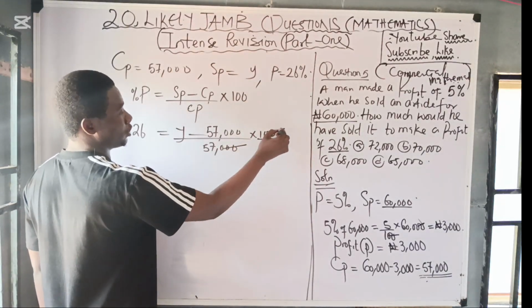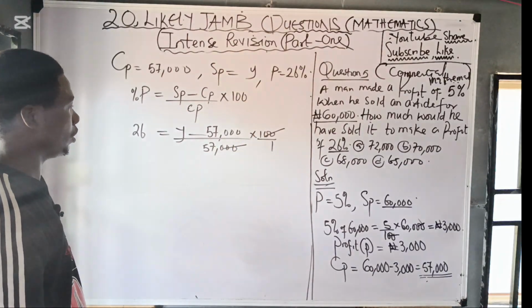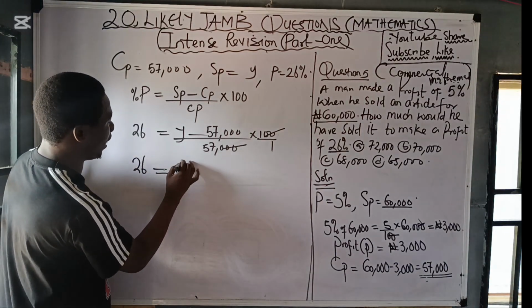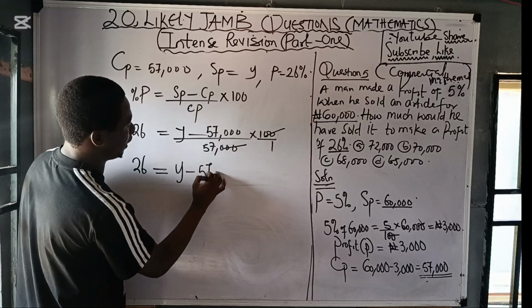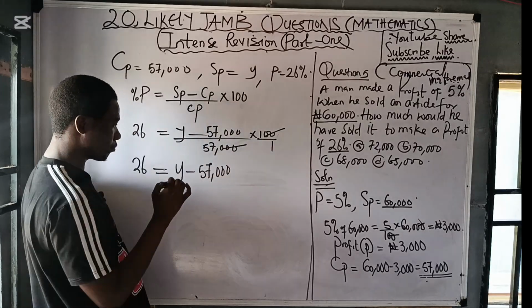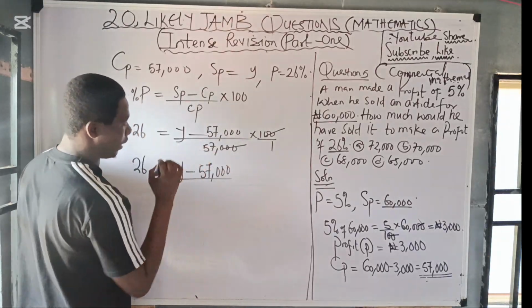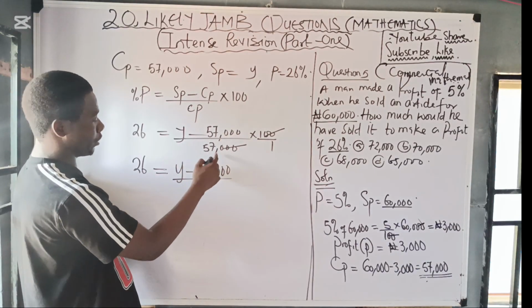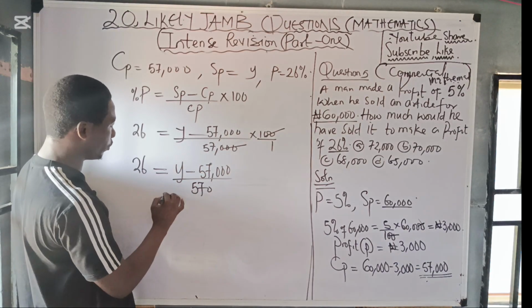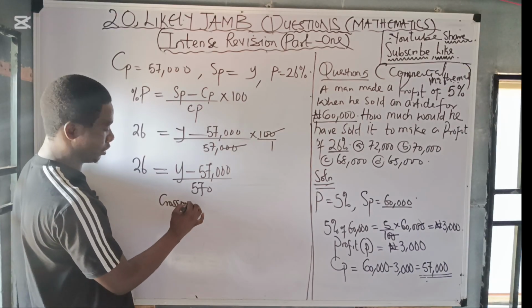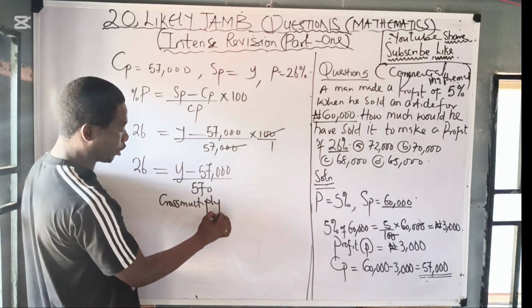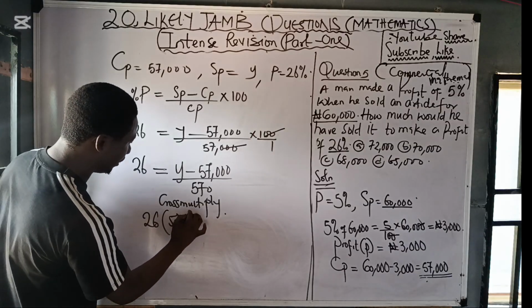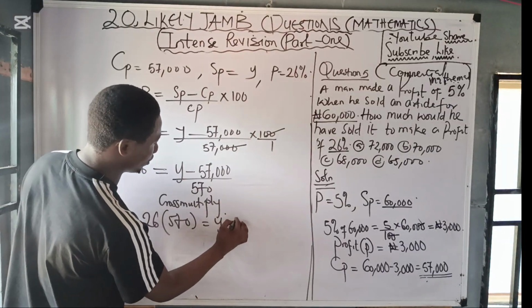This 20 cancels this 20. What do we have left? We have 26 equals Y minus 57,000, all over... What we have left now is 570. So you have 570. So what do we do? Cross multiply. Now if we cross multiply, we have 26 times 570 equals Y minus